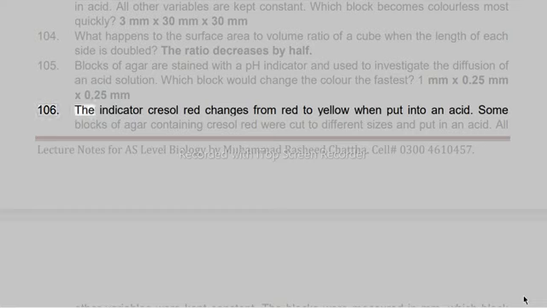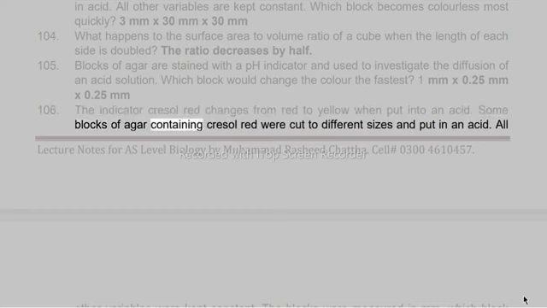106. The indicator cresol red changes from red to yellow when put into an acid. Some blocks of agar containing cresol red were cut to different sizes and put in an acid. All